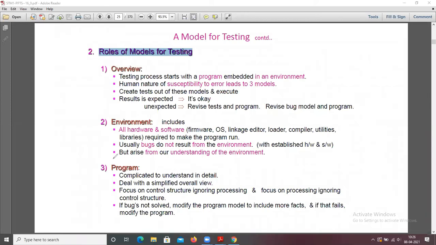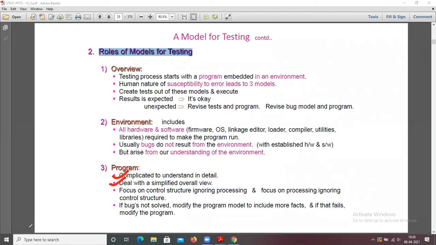Next, the program. A program is complicated to understand in detail, so deal with a simplified overall view. Focus on control structure, ignoring processing, and focus on processing, ignoring control structure. If a bug is not solved, modify the program model to include more facts, and if that fails, modify the program.